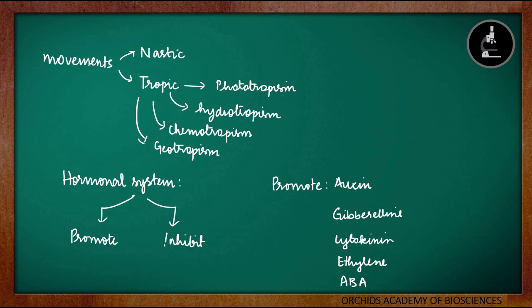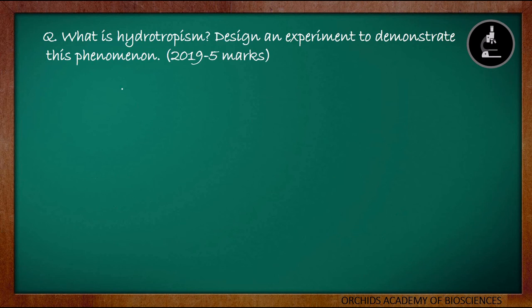Now let us quickly take up a question from the previous years. The question was, what is hydrotropism? And design an experiment to demonstrate this phenomenon. We know that experiment which we have discussed in this video about the clay pot and the plant being kept, 2 containers over there, A and B. We can explain that experiment here. And what is hydrotropism? We can define hydrotropism